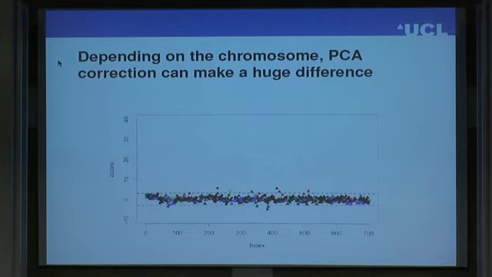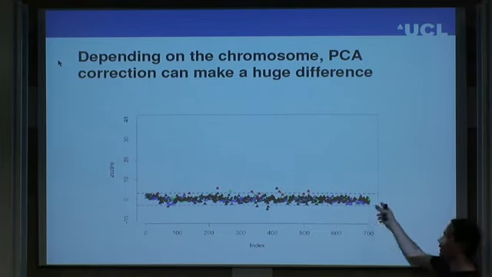So those PCA correction steps are still very important. I mentioned that many biases go away, but many biases remain. And here is an example of another duplication of chromosome 13. And you see that in the absence of those PCA corrections, which we've applied in that case because our sample